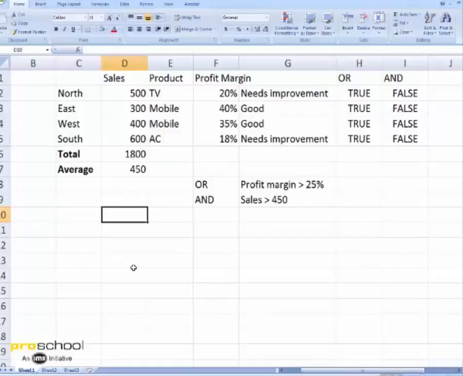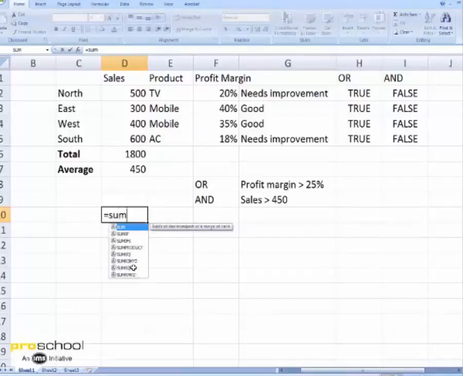So if you see, I say equal to SUMIF. The moment I have SUMIF, it says adds the cells specified by a given condition or criteria. This is exactly what I want. Great. I put the bracket and I can see SUMIF says it needs a range, it needs a criteria, and it needs a sum range. So sum range, as you see, is in square brackets, meaning it's optional. Let's try to understand each parameter.